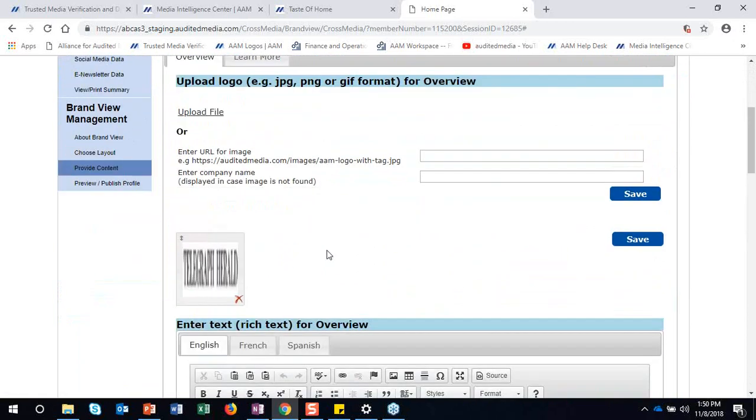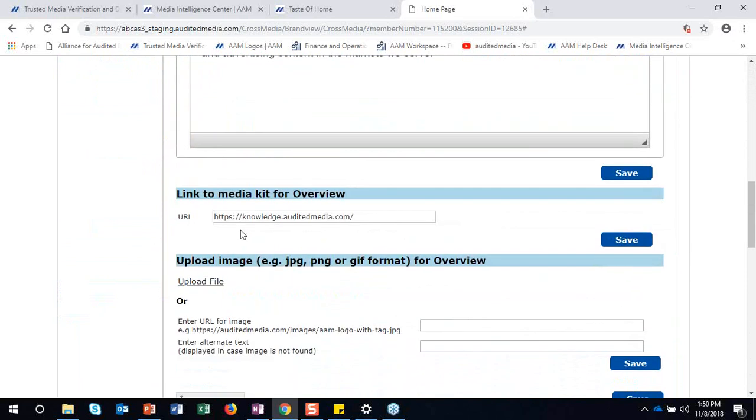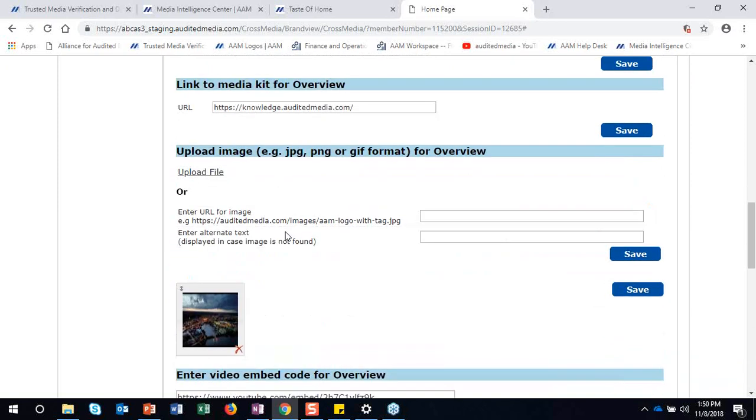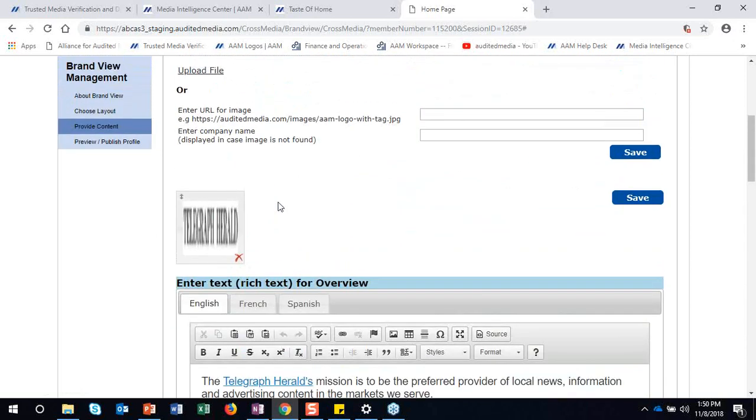And how it's set up is you can upload the logo of your publication. To enter in information about your publication is this section here, and enter text. Below that is a link to your media kit. And then there's going to be an image. This image is going to be to the far left of your Brand View. In the middle of your Brand View profile on the Overview page would be your video. And then to the right would be the other graphics. So you have 3 slots at the bottom of your Brand View page for your Overview. So to upload